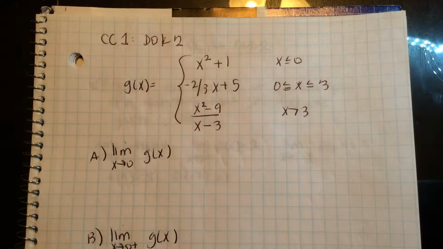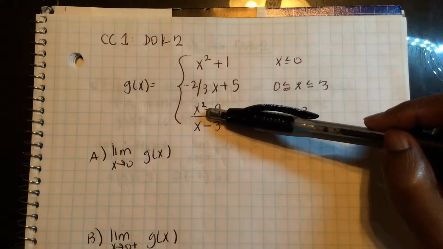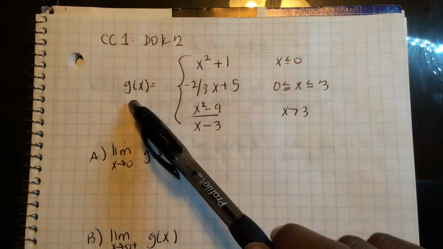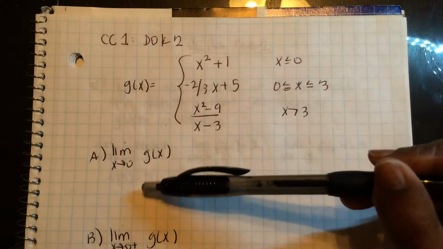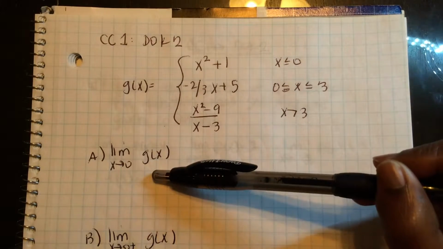Okay, here's some problems from CC1, DOK2. So now we have a piecewise function. g of x is defined in these three parts. It's kind of confusing on your worksheet because they wrote f when they really meant to say g. So now they're asking you to find the limit as x approaches 0 of g of